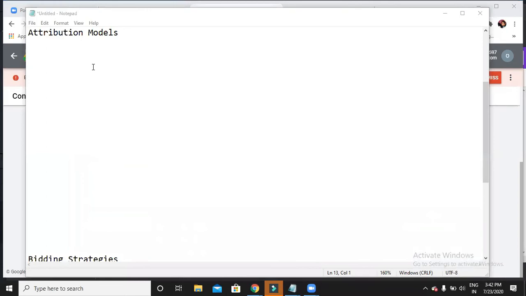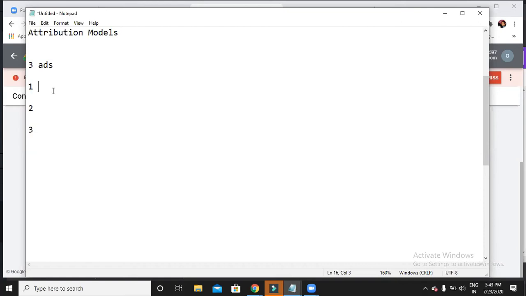Now let's say I have three ads that appeared for three multiple keywords individually. Rafi was searching for the three keywords.